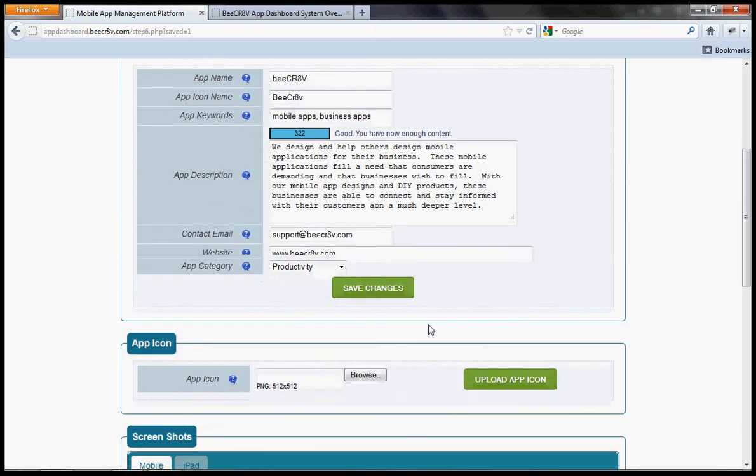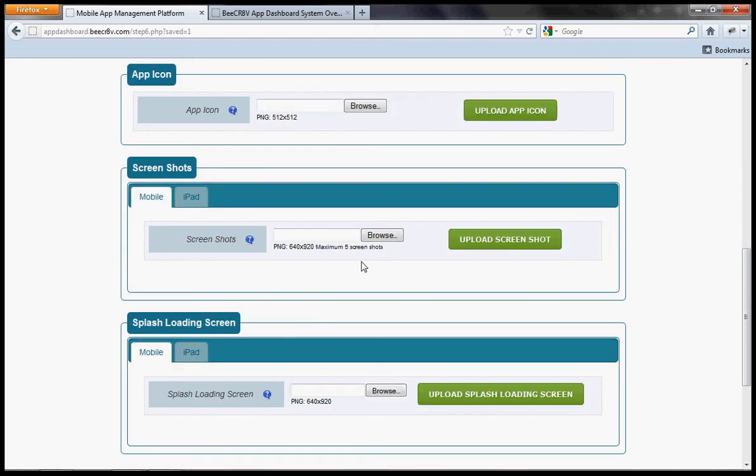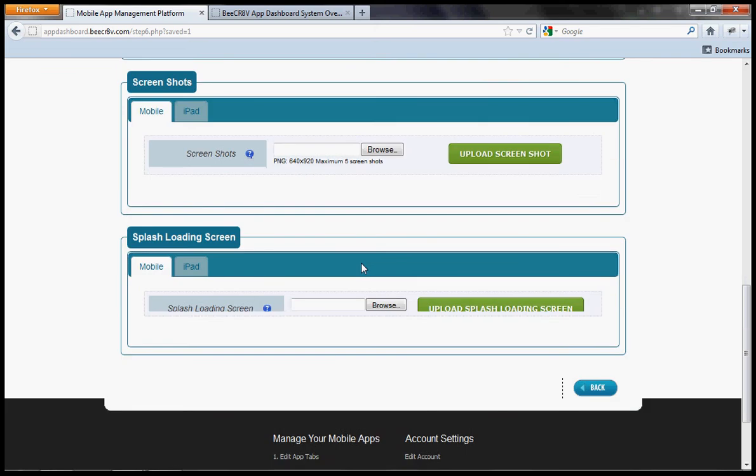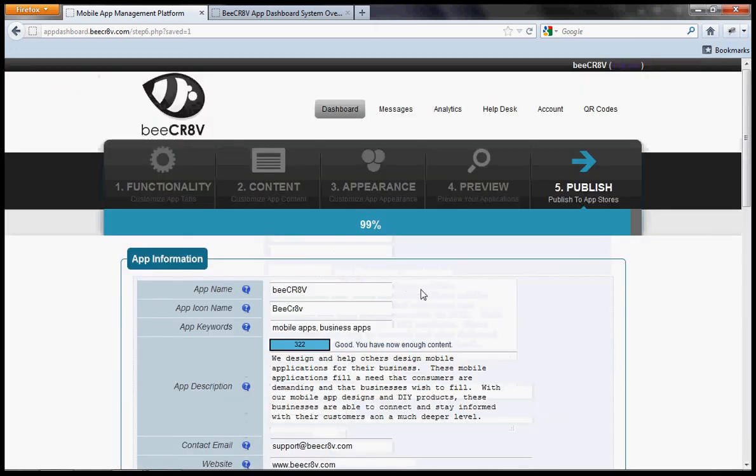Now, you also want to go through and add and upload your app icon. We'll cover that in the image editing tutorial, and your screenshots, covered as well in the image editing tutorial. You also want to upload a splash loading screen for mobile devices and for the iPad, also covered in the image editing tutorial. Once you've added all that content to the publish screen, what you'll want to do is go to the BeeCR8V homepage,